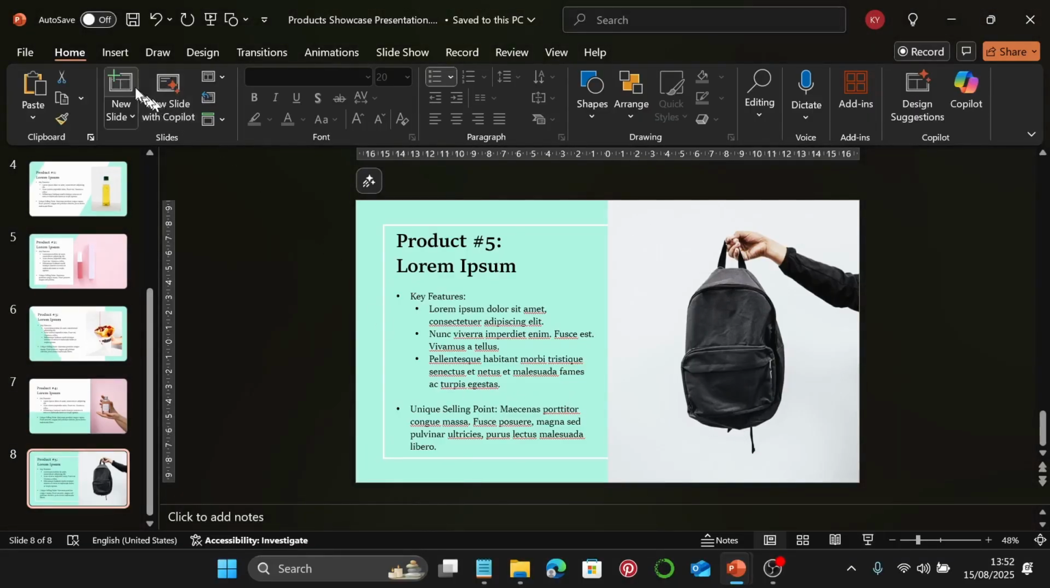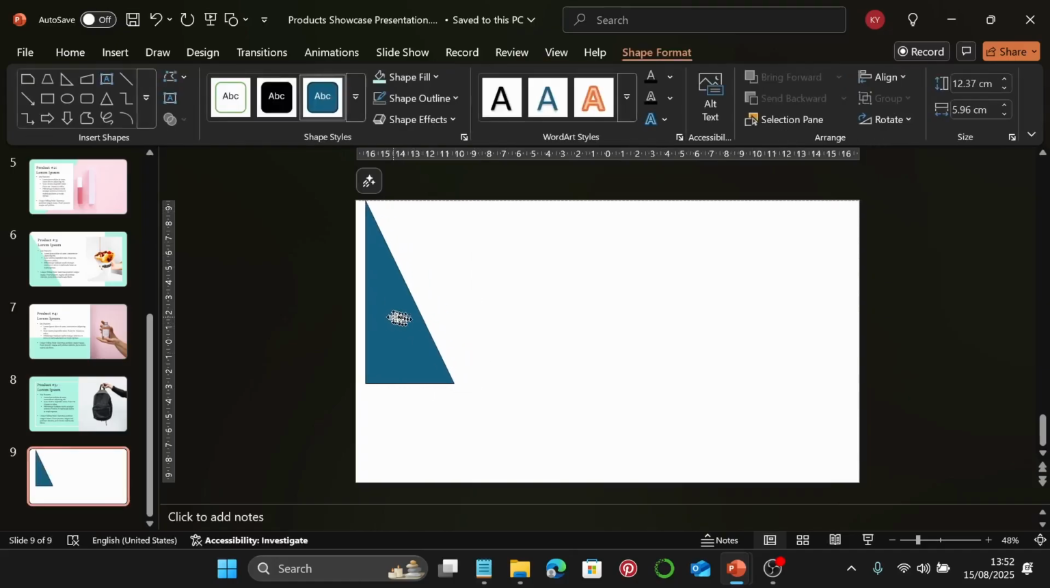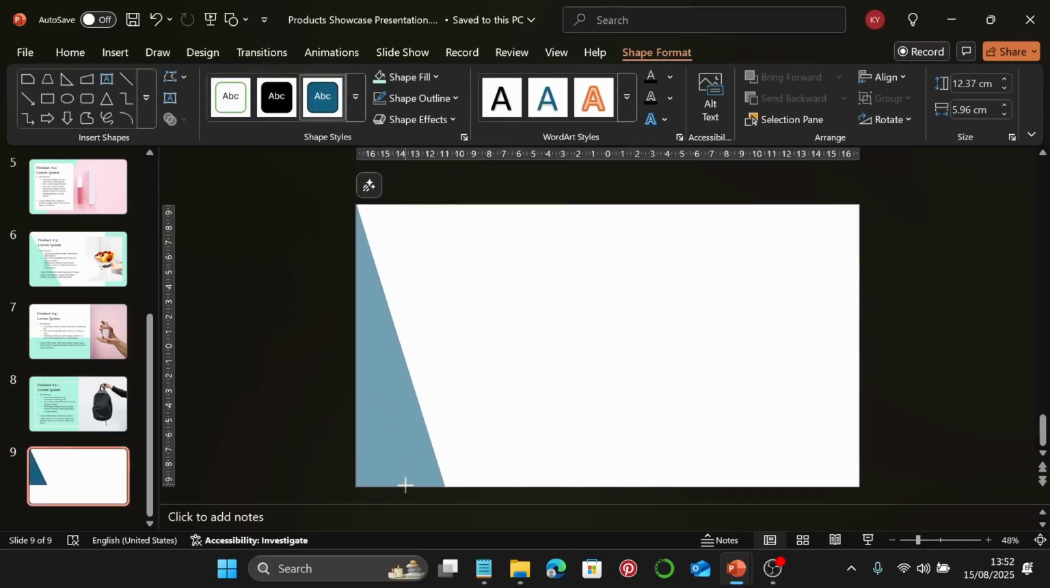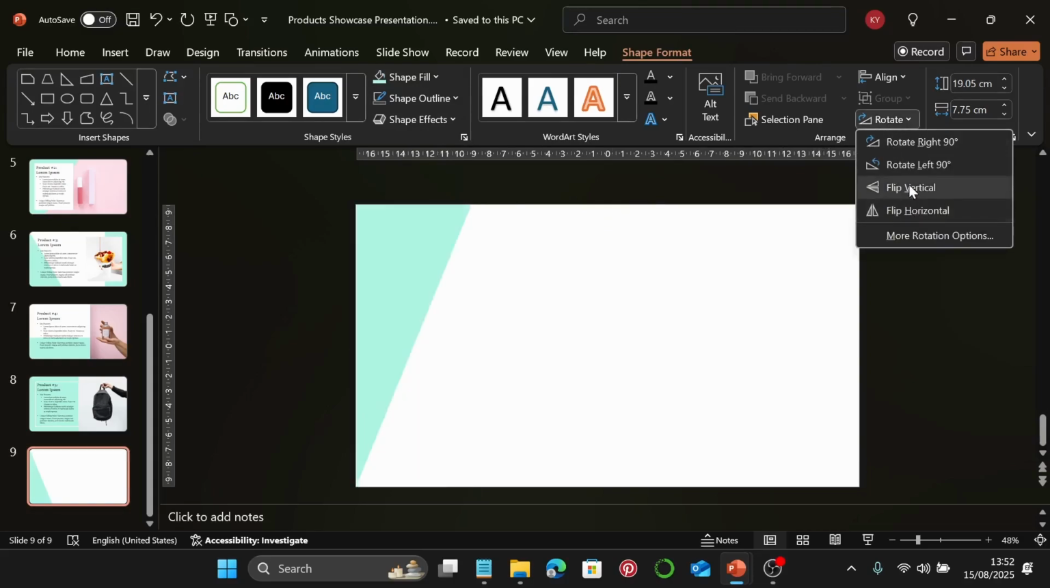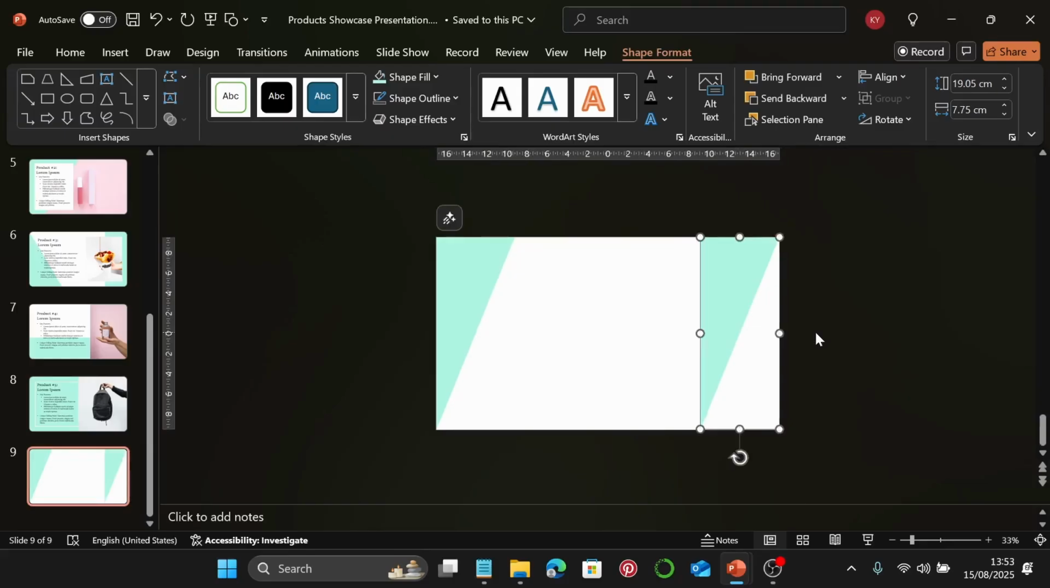So I'm just going to go to a new slide. Let's insert a right triangle, and I'm going to bring this here. Extend this so it covers the entire height of our slide, and then the width is going to be 7.75. Remove the outline and change the fill to our teal color. Now go to rotate, and we're going to flip vertical. I'm going to use Ctrl and Shift to create another copy, bring it here. I'm just going to zoom out, use this handle, and then rotate it to this other direction,